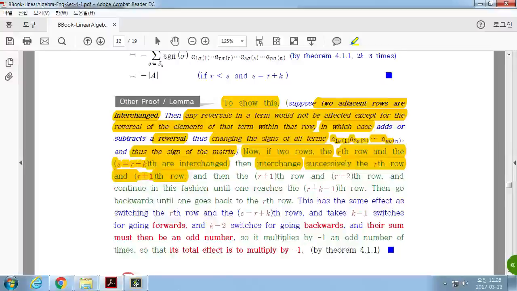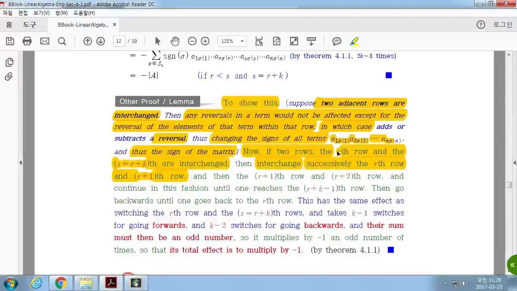First, the R-th row goes to the R plus 1 row, so we made one interchange. Then you do it once again, from R plus 1 to R plus 2. And if you do it K times,